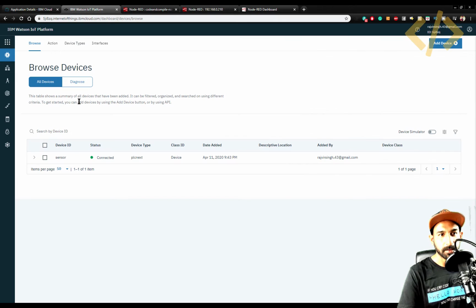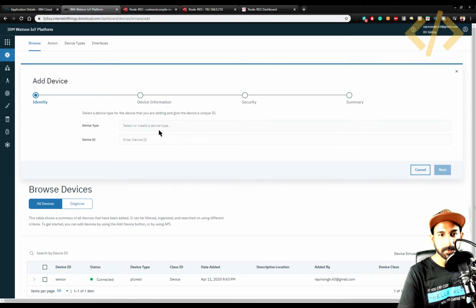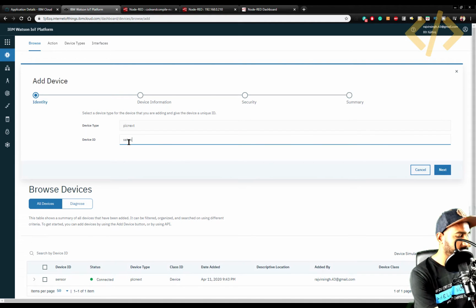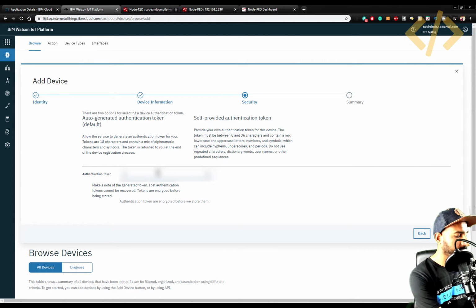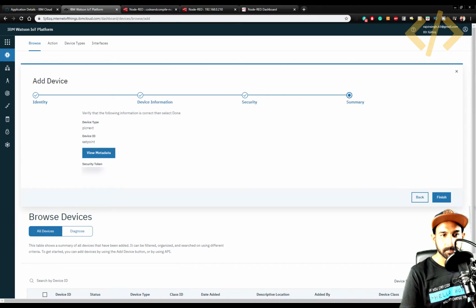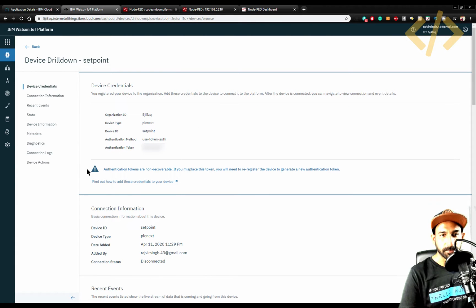Now going back here, I will create a new device. So the device type will be PLC Next, and the device ID will be set point. So go next, and I will put my token. Click next, and I have to make sure my device information is correct. Click finish. So now I have two devices.